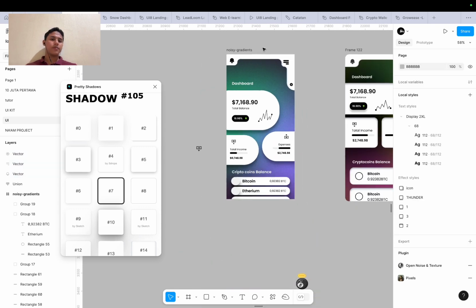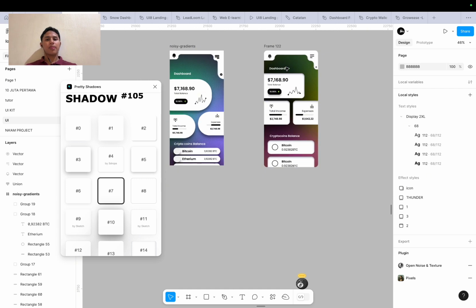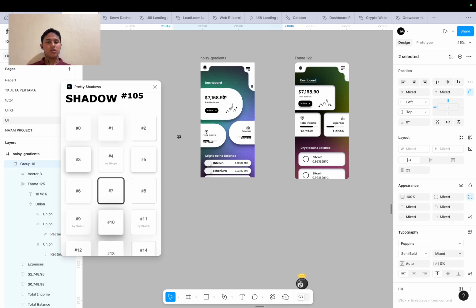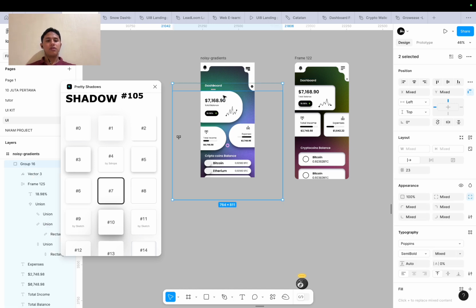And then after I customize the shadow, maybe I'm gonna make it higher than now, and then for the example, when you